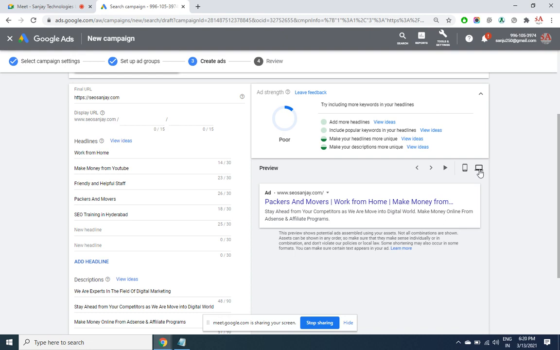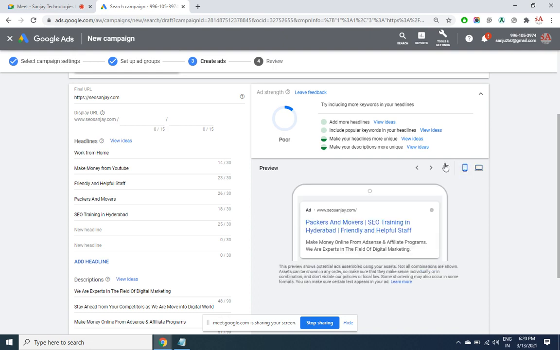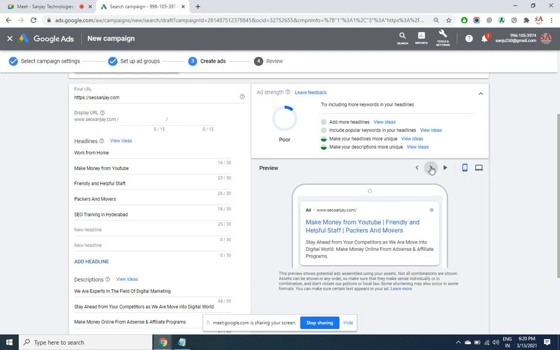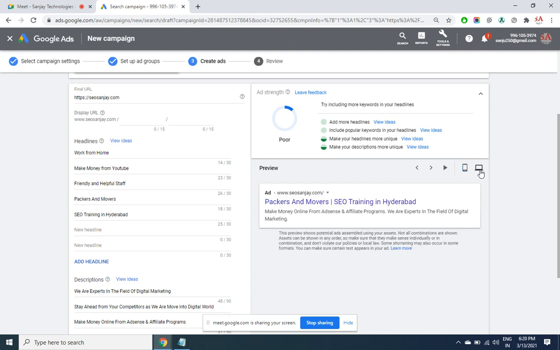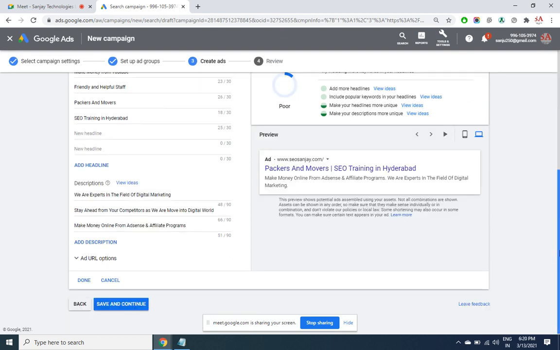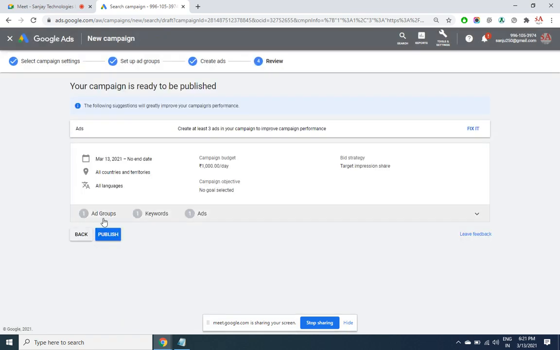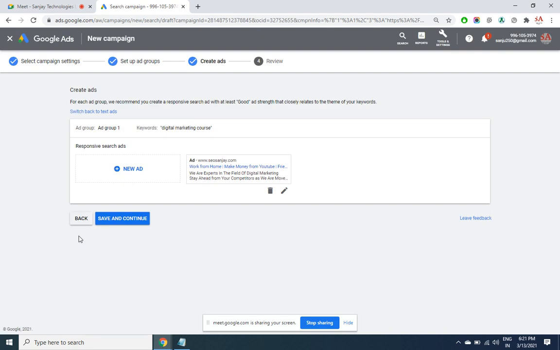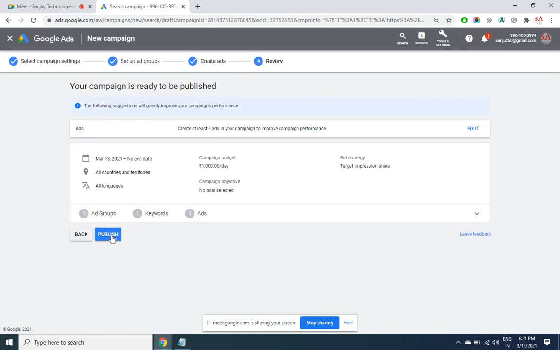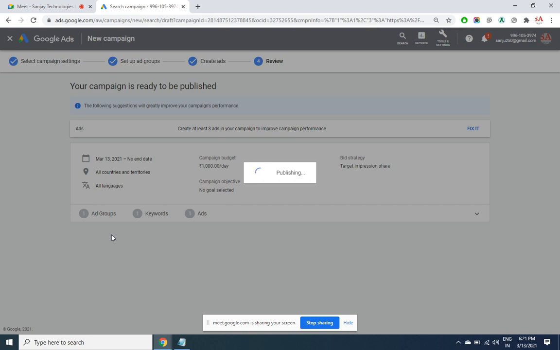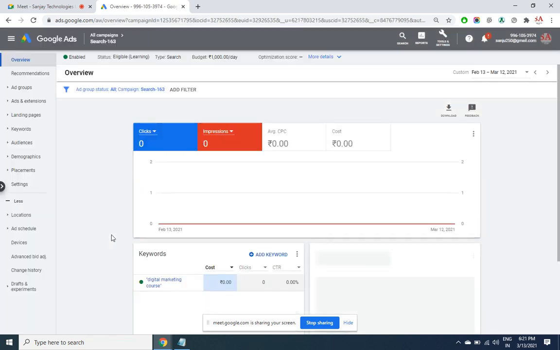Was it not showing? Okay, this is for mobile, this is for laptop. Multiple ads you can create. Once all the ads are created, click on save and continue, publish. After you have recharged the account, the ads will run.